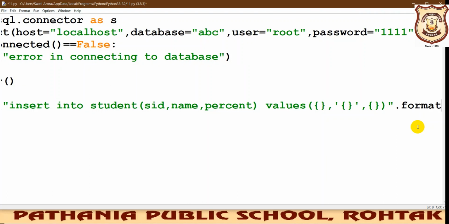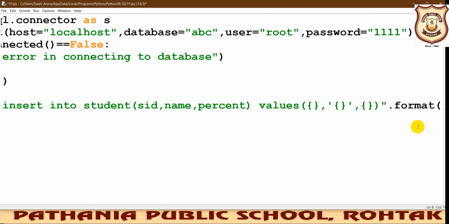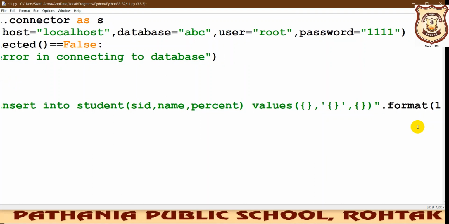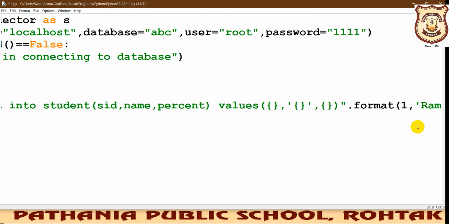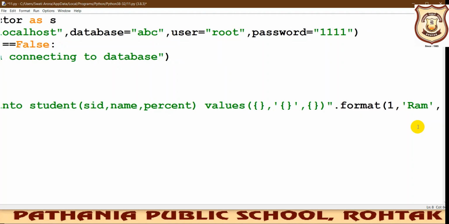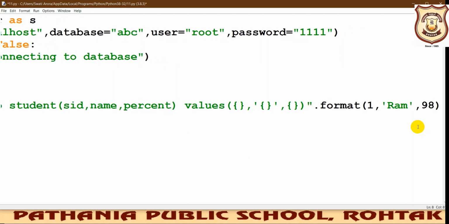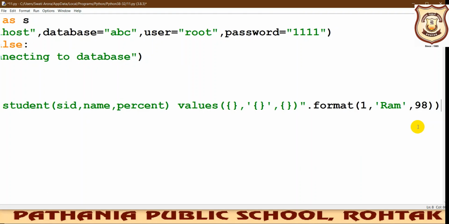Okay, now you will pass on the values that you want to give. So for SID, student ID, it is 1, let us say. Fine. Comma, like if you want to give the value Ram, single quotes, Ram. Fine. Comma, then the percentage he has scored, let us say he has scored 90%. Fine. Another bracket has to be closed. One is for this closing and this one is for the starting closing. Okay, so let us save it.